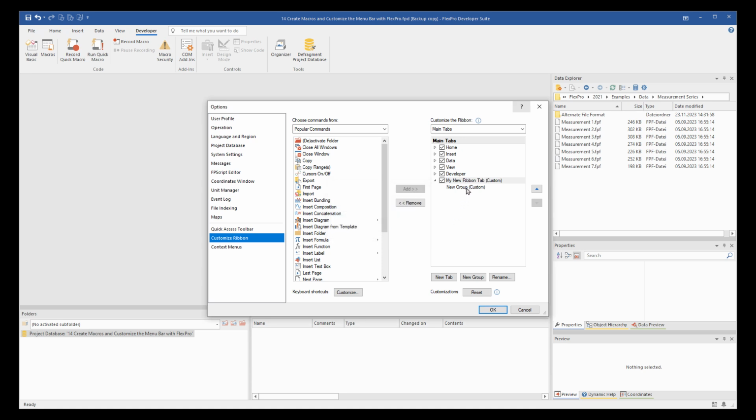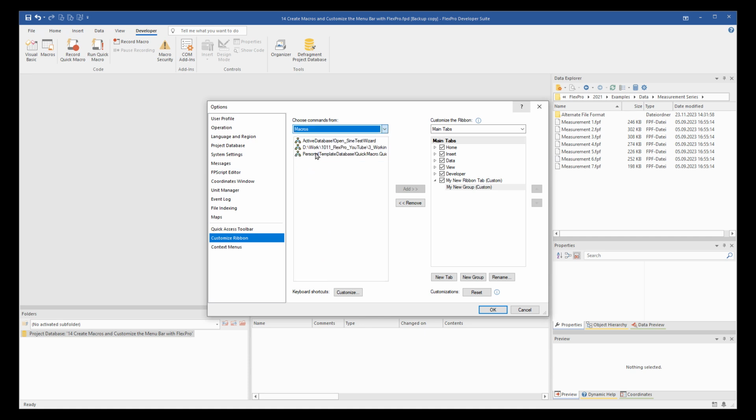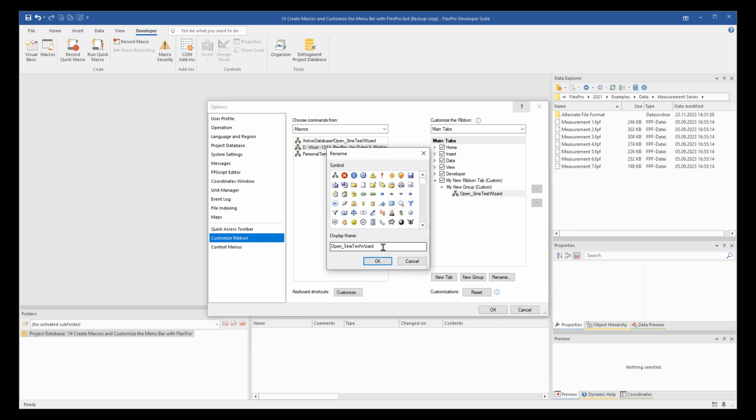I rename the group as My New Group. Under Choose Commands From, I select Macros. Now, I select from the list OpenSineTestWizard and add it to my group. I rename it as Sine Test Wizard.